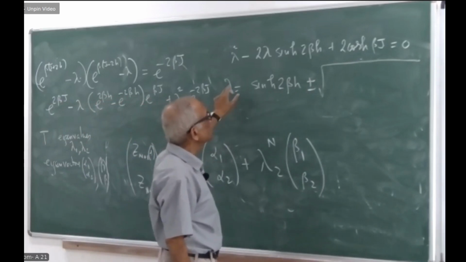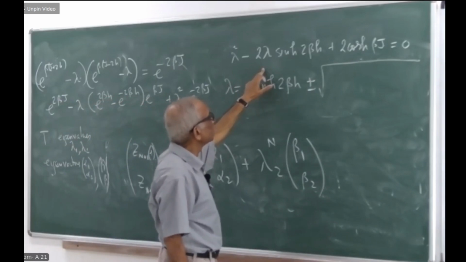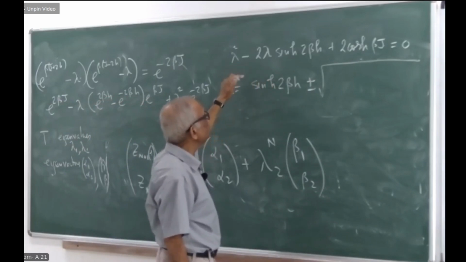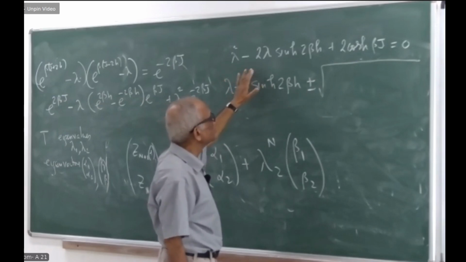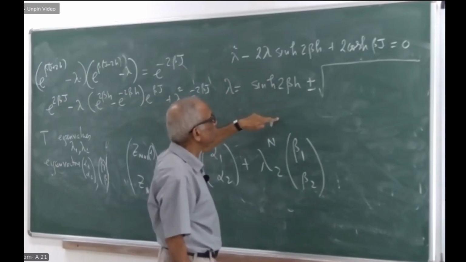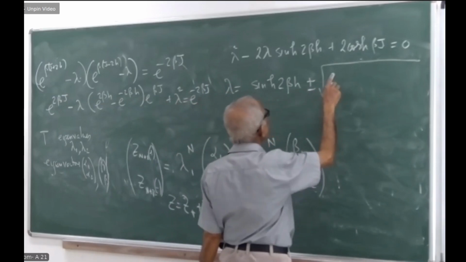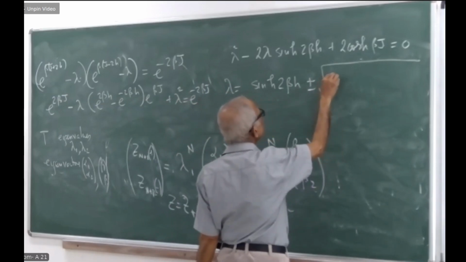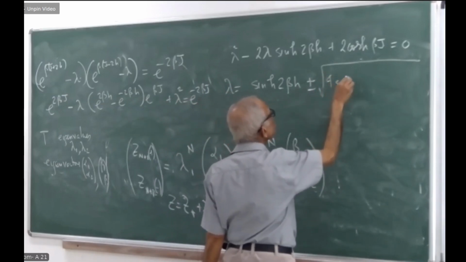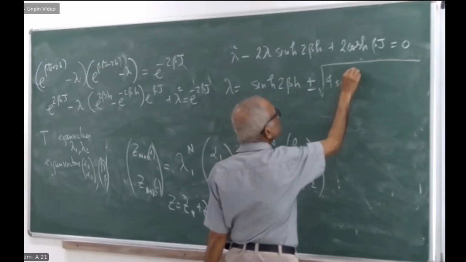In principle I should have a 2 over here, but there is a 2 in the bottom, so that's why I cancelled. But now I have to write b squared, which is 4 sinh squared 2 beta h,